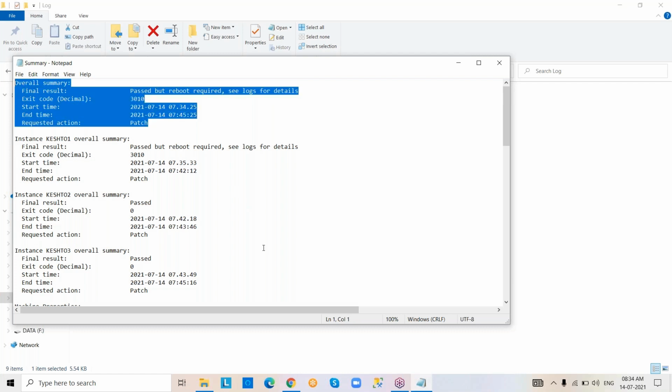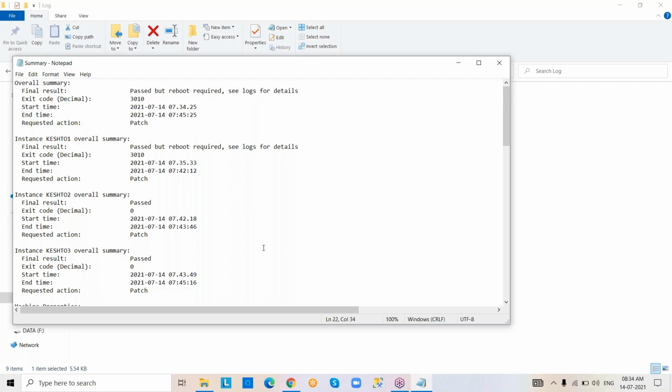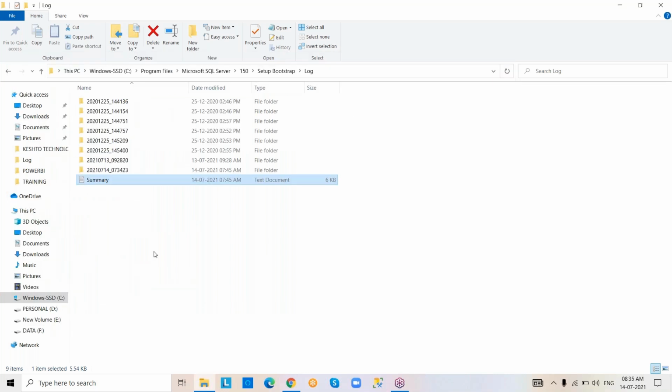I told you I'm going to show you the SQL installation. Even I am going to show you how to apply patches also. How to apply patches, I'm going to show you practically. I told you in the demo, right? So that is what I'm going to do here. See, patches are already applied. Clearly it is showing there.